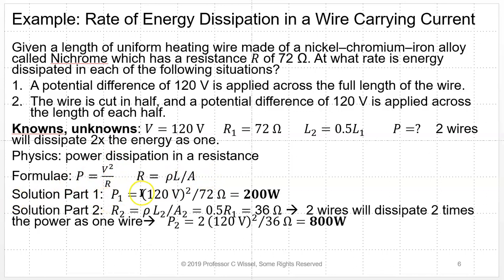For part one, P is just 120 volts squared divided by 72 ohms, or 200 watts. For part two, R2 equals rho L2 over A2, and because the only thing changing here is we're cutting the length in half, it'll be 1/2 of R1. That ends up being 36 ohms. Two wires are going to dissipate 2 times the power as one wire, because they'll both be running at the same time. So P2 equals 2 times 120 volts squared divided by 36 ohms, or 800 watts,